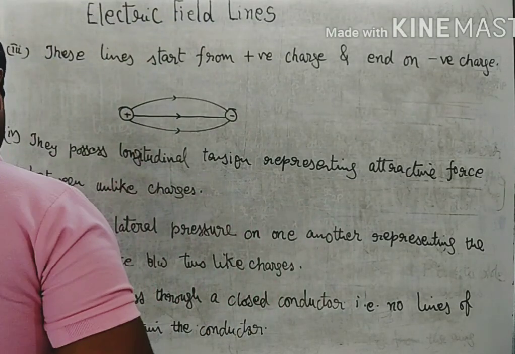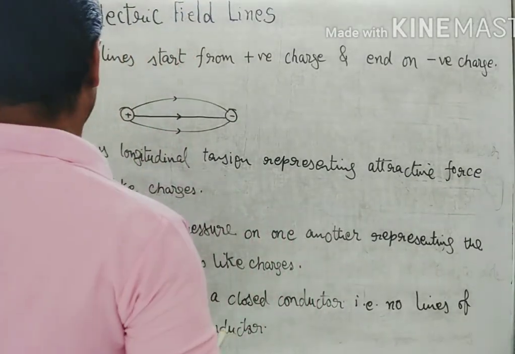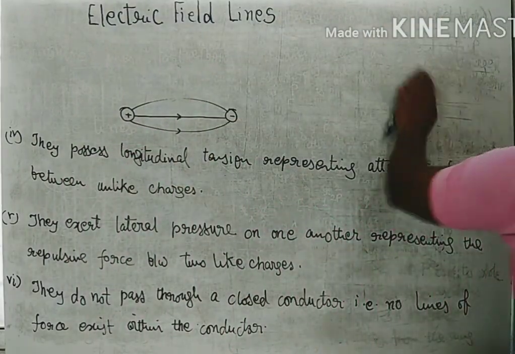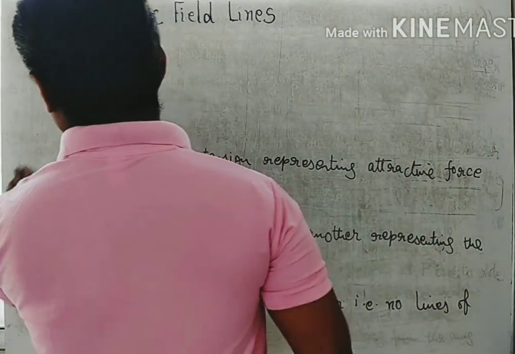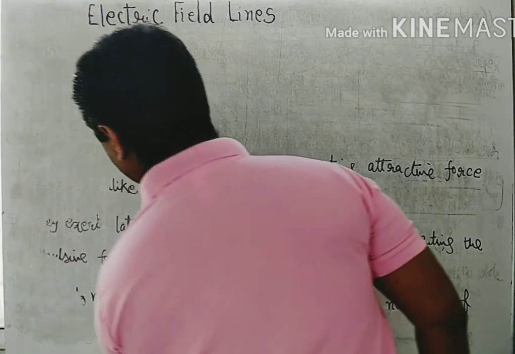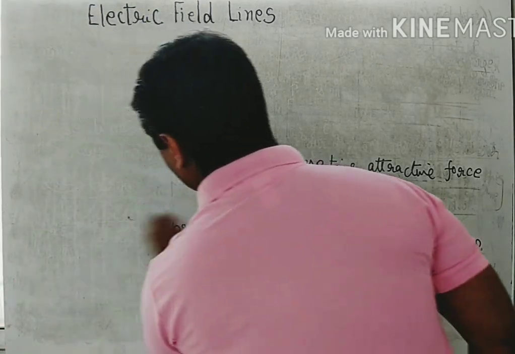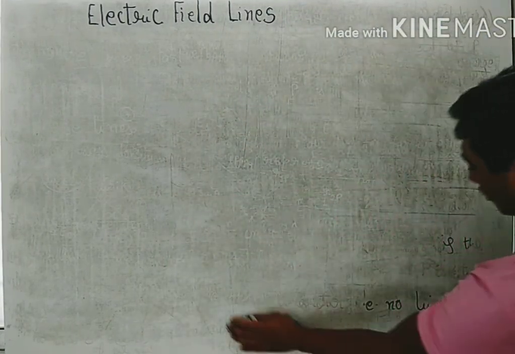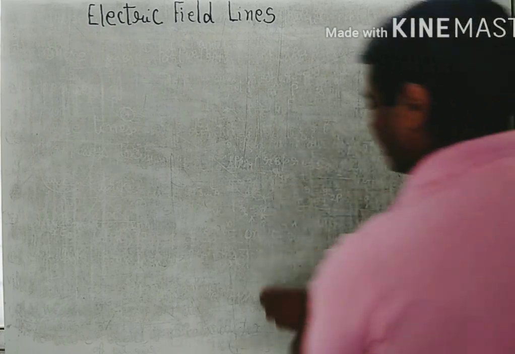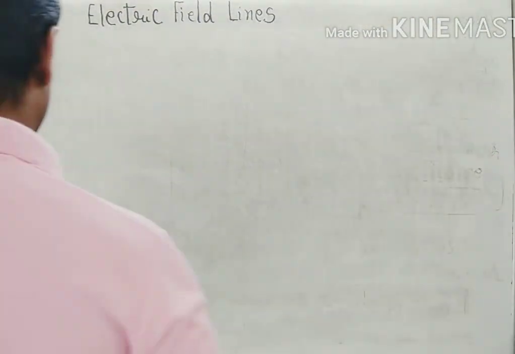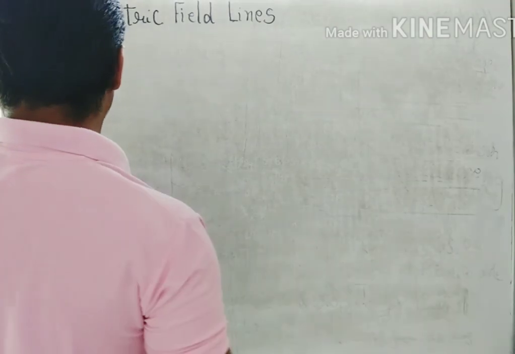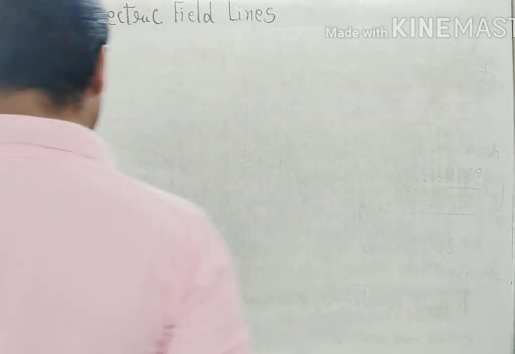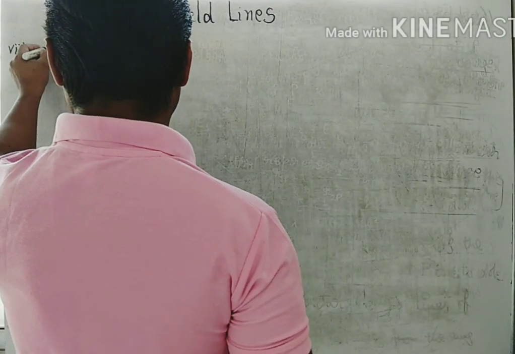Now for the last property, we can say the relative density of electric field lines represents the strength of electric field at that region or at that space. So here we can say for the next property, that was perhaps number 7. Earlier it was 6th number. So the relative density,